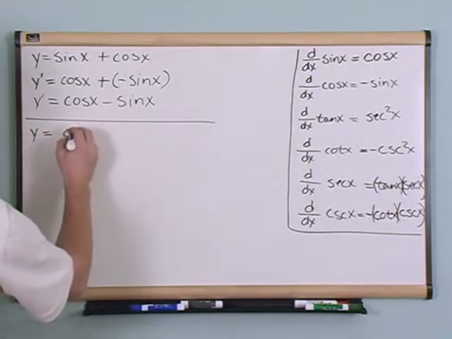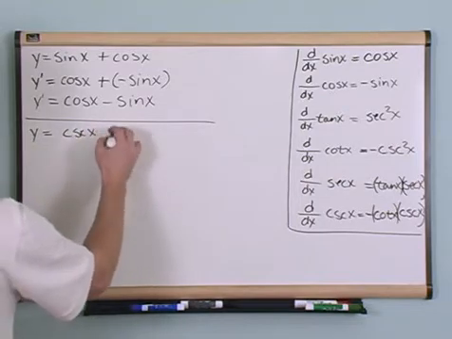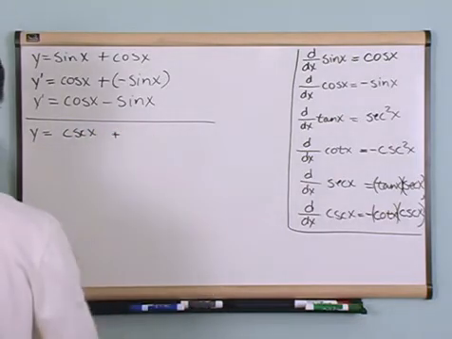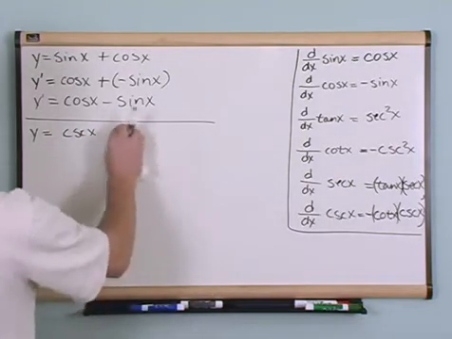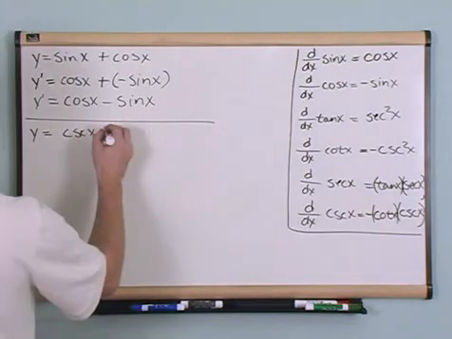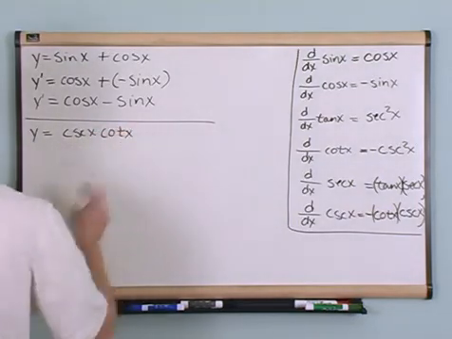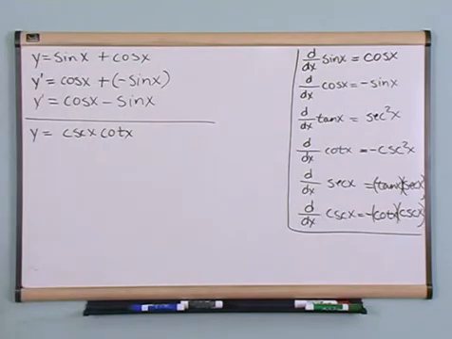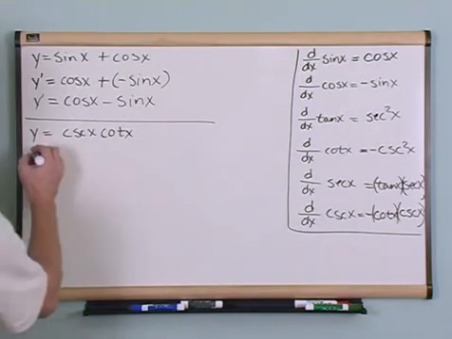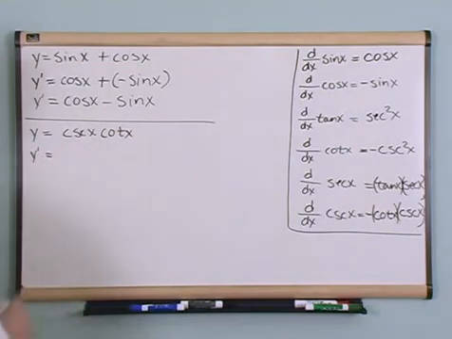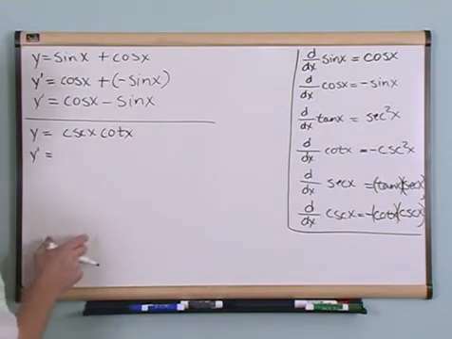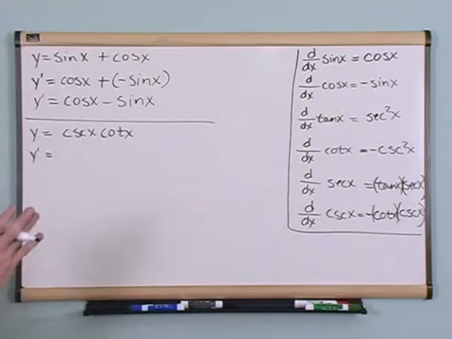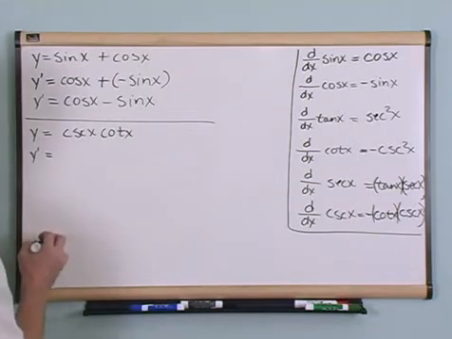What if you have cosecant of x plus, actually what I want to do is something a little bit more challenging. Cosecant of x times the cotangent of x, and you're supposed to take the derivative of that. Okay? So the derivative is equal to, again, you should remember from the other techniques of taking derivatives from before that